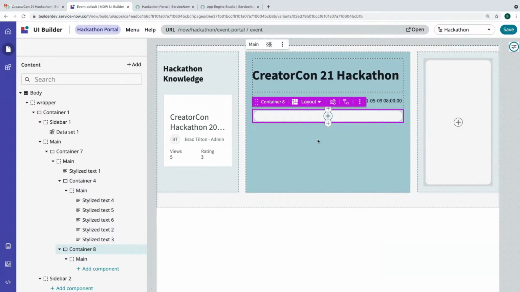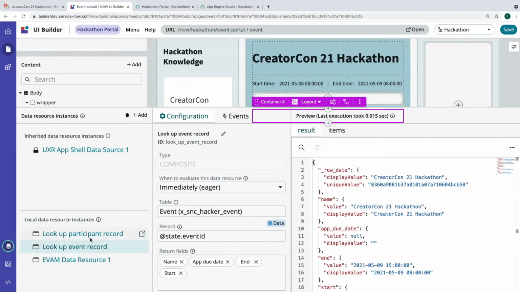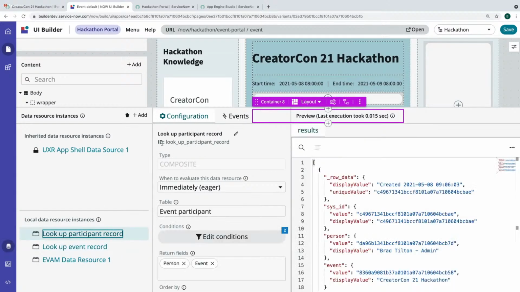It was my expectation that I could rename those, Brad, but I don't know that I knew for sure that I could. You can. So thank you for that. Most of the things you can rename, and it is generally a good idea to name something so that it makes sense to you. And if we look at these data resources, they all have names by default, like lookup records 1, lookup records 2, which once you get a lot of data resources, is pretty difficult to know what you're referring to. Oh, no, I renamed these. Good for me. So it's a good idea to rename them.